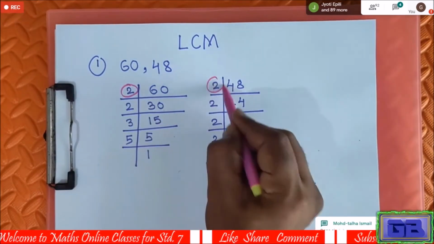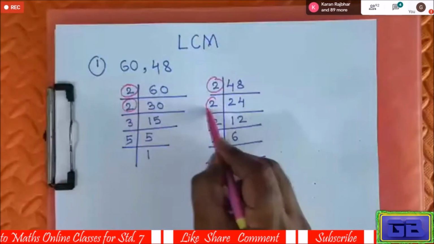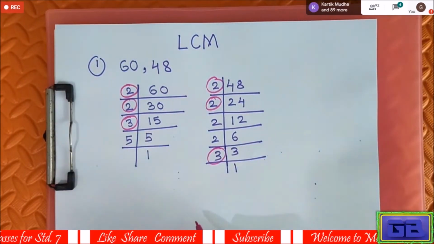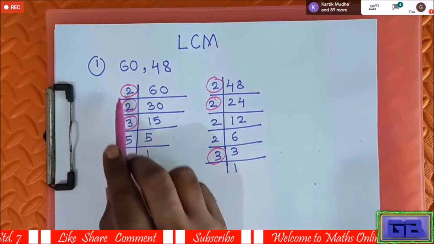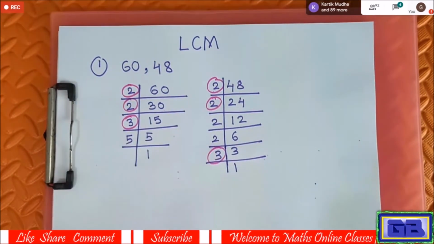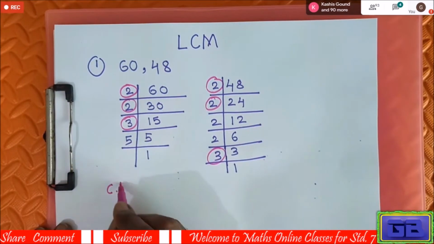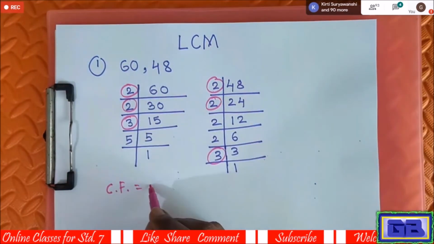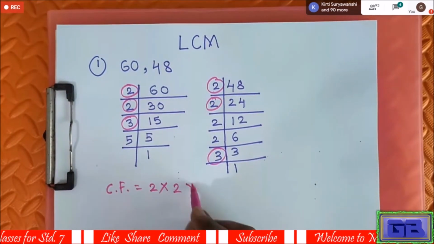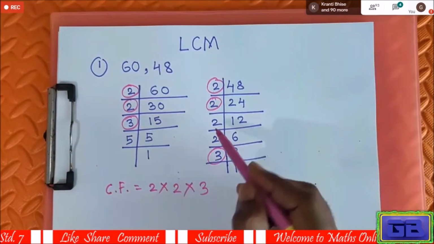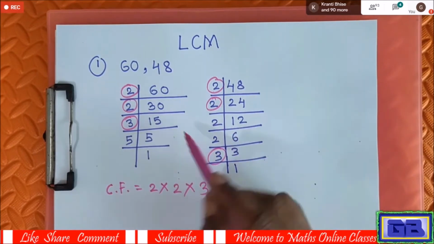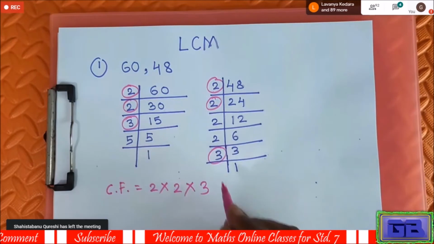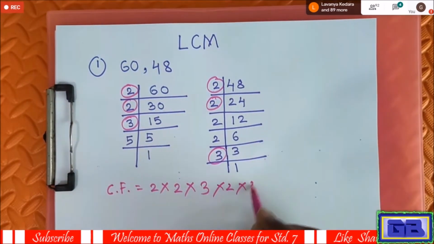Here 2, here is 2, here is 2, here is 2. Now here 3 is there and here 3 is there. So 2 times 2 and 1 times 3. So here you have to write the common factors first. So I am taking 2 into 2 into 3. Now we have to take which are not common. So here 2 is there, and here 5 is there. So 2 into 2 into,